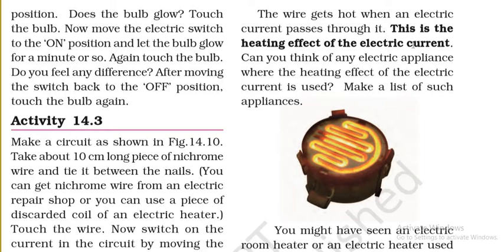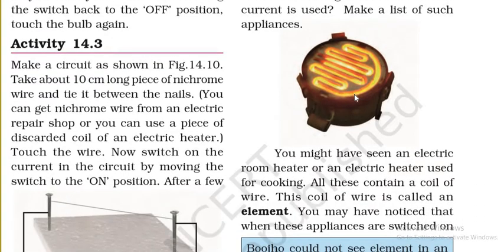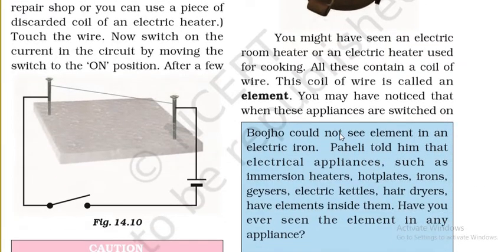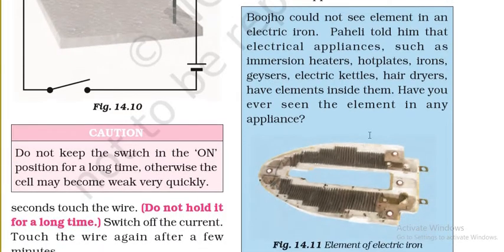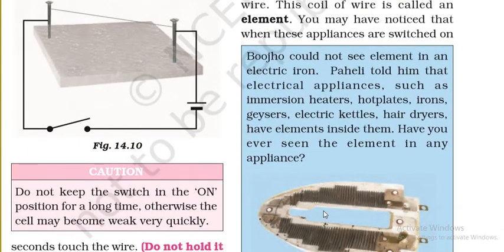Actually what you will observe is that whenever you touch the bulb, it also becomes hot. So why is that? Because the filament has now got the current in it, and it has become red hot, and it has generated a bit of heat also, and that is why we say heating effect of electric current. This heating effect is applicable for many appliances like your heater, like your iron, like you can see this instrument also here. So it is applicable in multiple appliances like heaters, hot plates, irons, geysers, electric kettles, hair dryers. All of them have got an element in it.